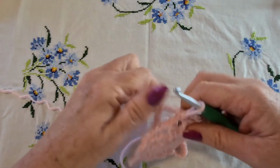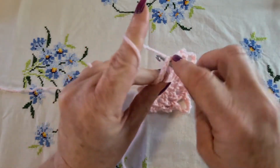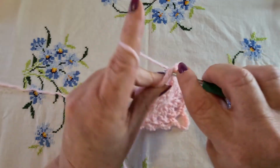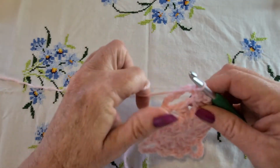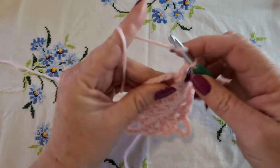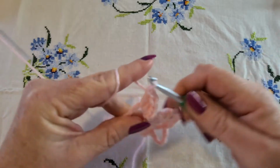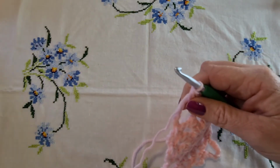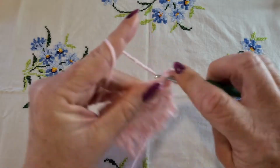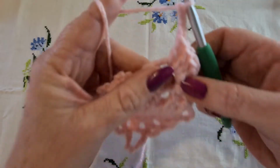Round 4, we need to get into this next chain 7 space. So our first chain space, I'm just going to slip stitch into there, and we're going to single crochet and chain 1, and that will count as our first double crochet. And then we're going to put in 4 more double crochet, 1, 2, 3 and 4, and we're going to chain 3, and we always will for the corners now,